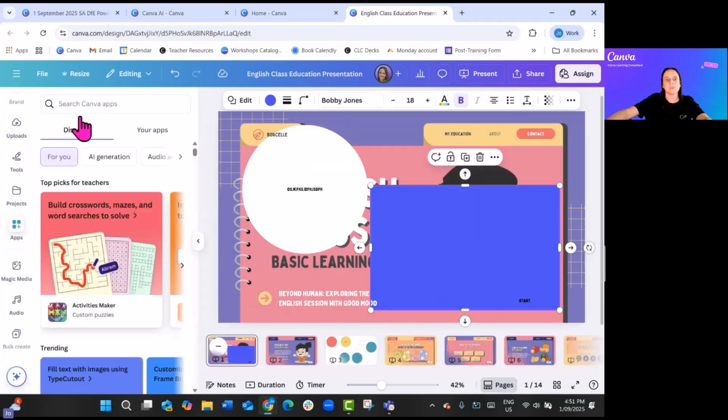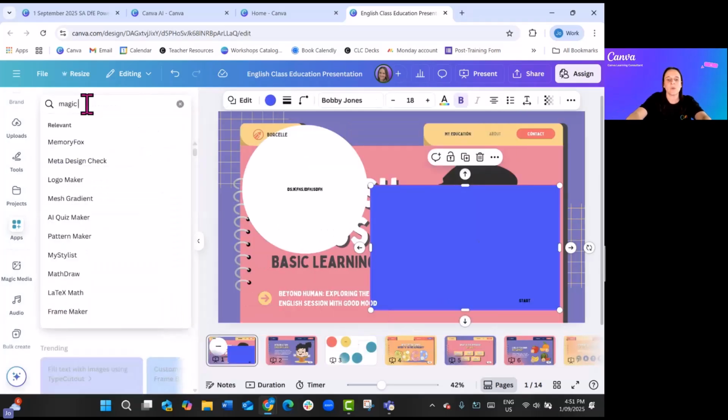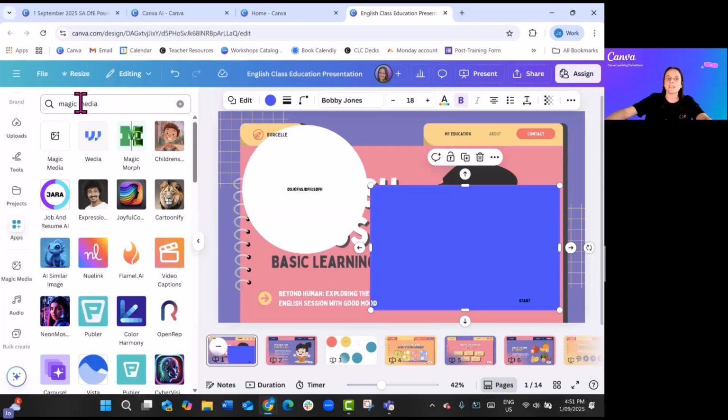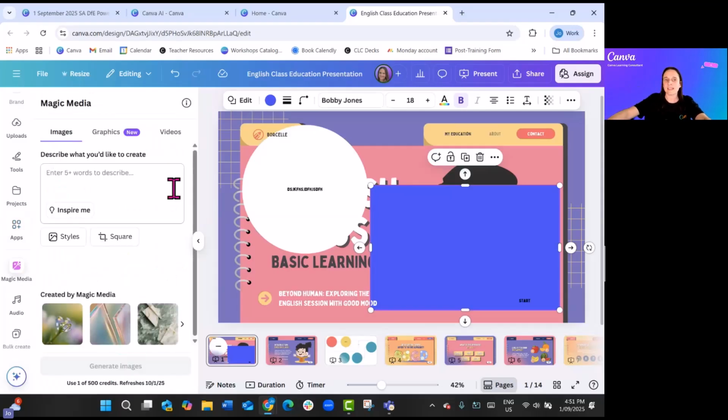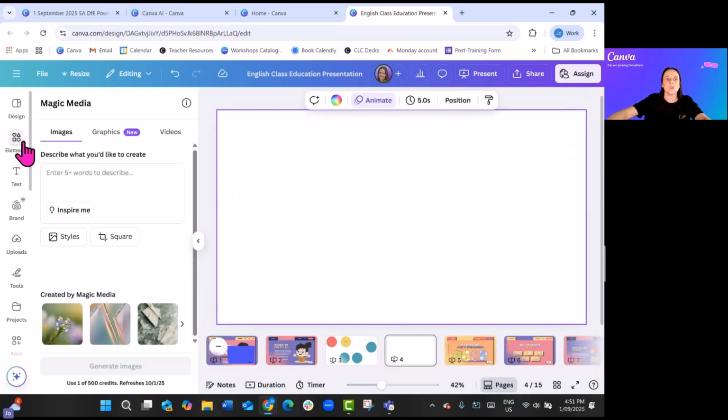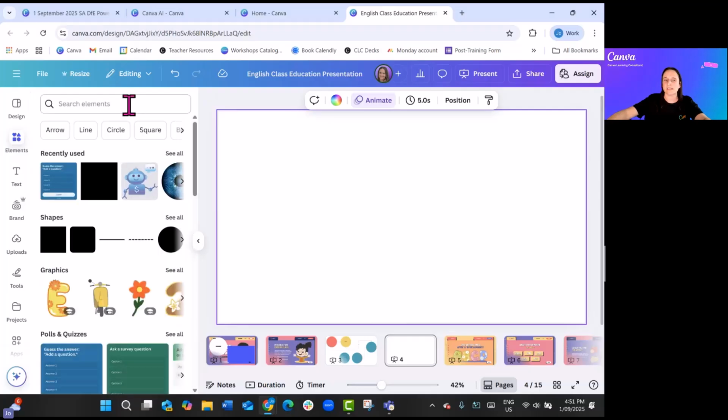But if we go to apps and we type in Magic Media, we have our image generator from within our editor. And that's where we can simply bring our characters to life, demonstrate a concept, create a picture for some visual literacy, whatever it may be. But from any pictures or photos that you've added into your design space, you can also edit and customize from